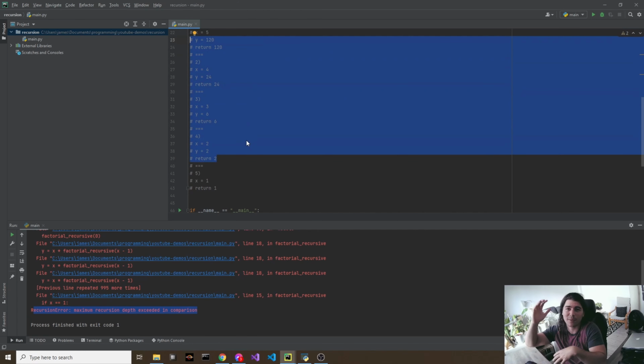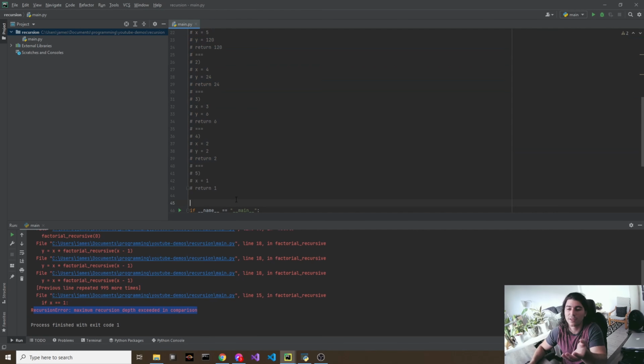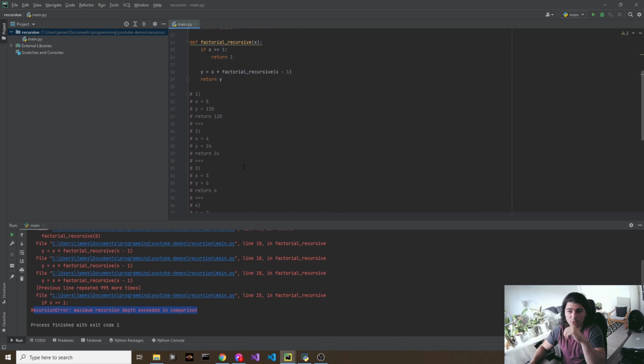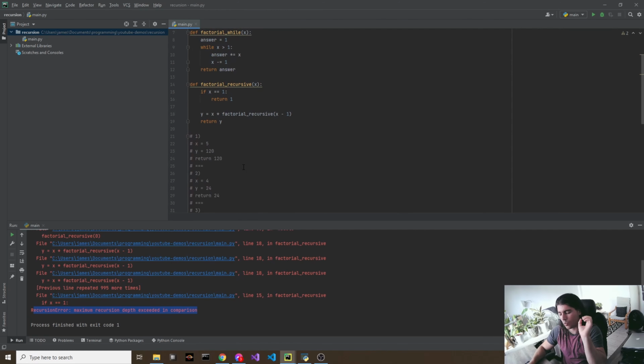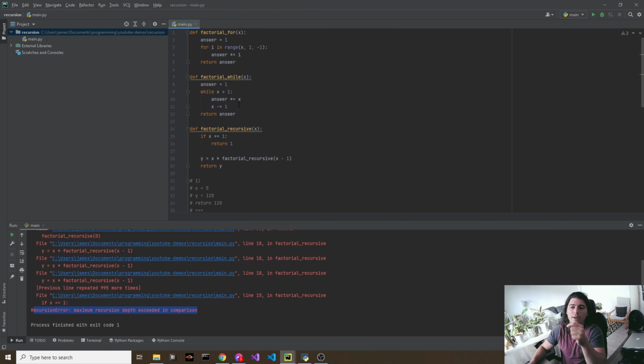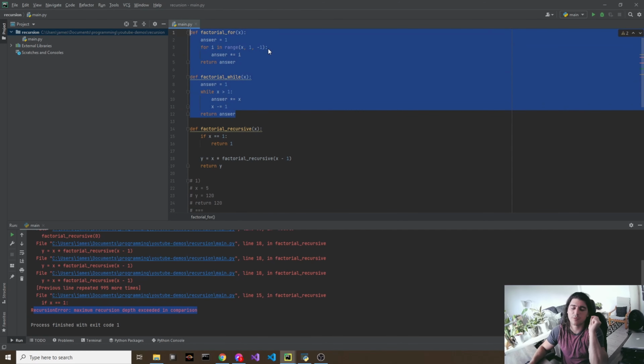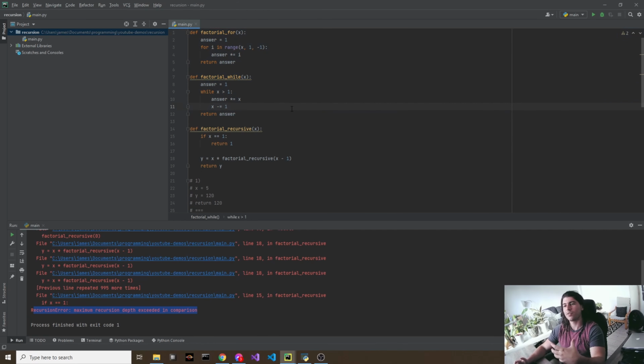So all the information needs to be stored in memory until it's done being used, and it's not going to be done being used until it finishes the deepest case, and then builds back, or returns back up and starts throwing out all the stacks. So recursion actually does take up more space, and the for loop and the while loop cases are going to be very similar. The differences are pretty negligible. So in the grand scheme of things, for loops and while loops are normally going to be more efficient,